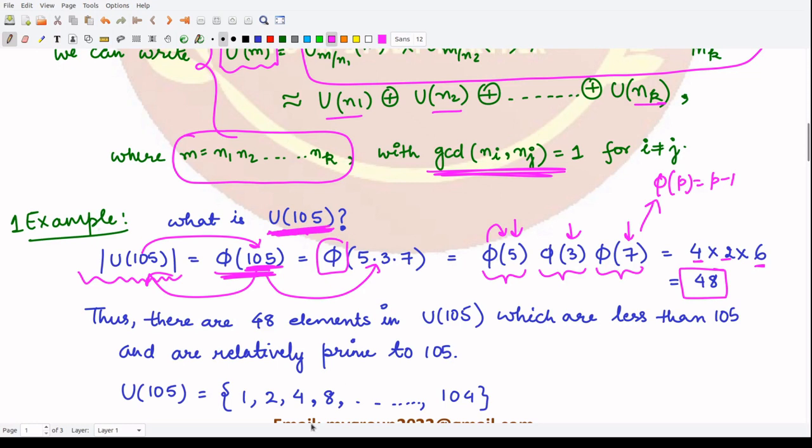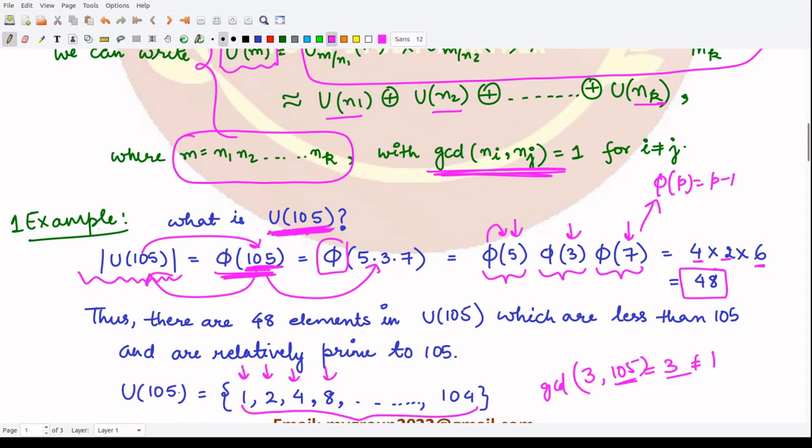So here I am showing you it contains 1, 2, 4, 8. 3 would not be there. Why? Because 3 and 105 have GCD equal to 3 and not equal to 1, right? So all the multiples of 3 would also not be there. All the multiples of 5 would not be there. All the multiples of 7 would not be there, and so on. You can see eliminating all these members from this list of numbers, you have the elements of this group U105,